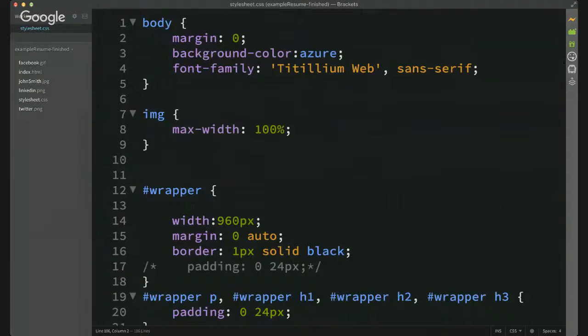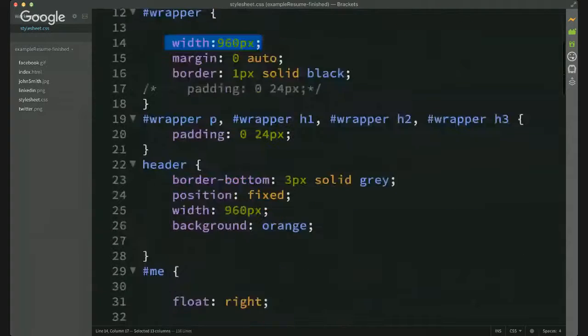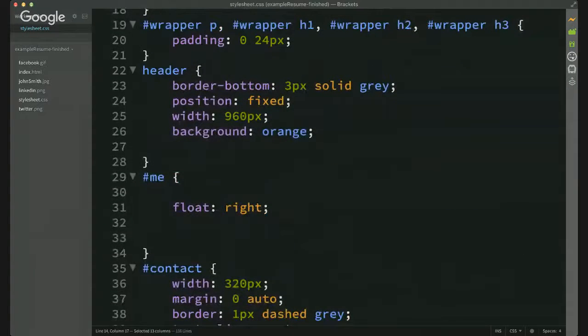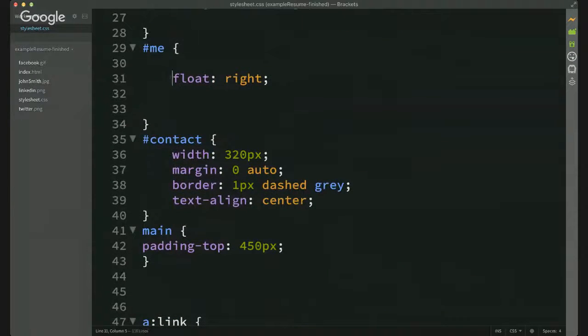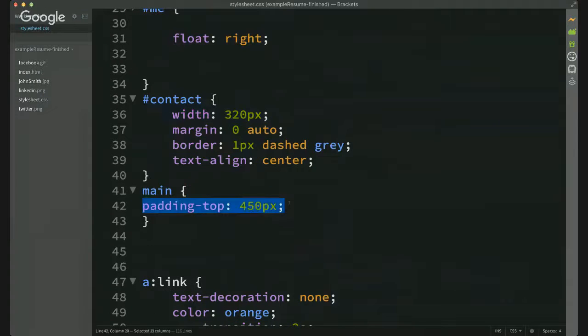So here's the example project we did in class. The wrapper has a width of 960. The header has a width of 960. We've got a float to the right. And let's see. We have a width on contact. I don't know if that'll be an issue. This will be an issue. We've got padding top. Remember, that was to push our content down from